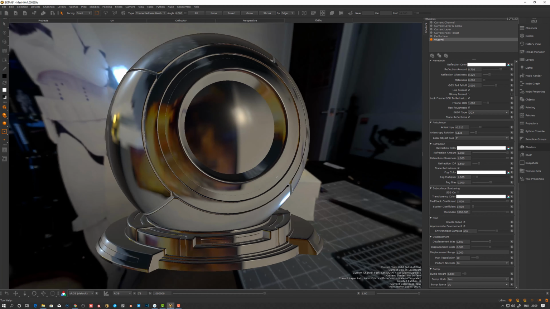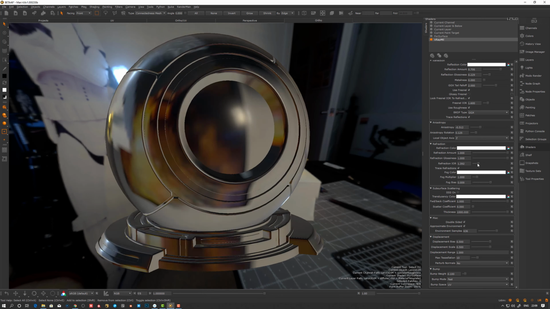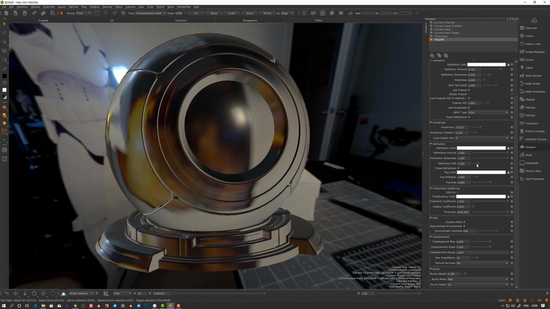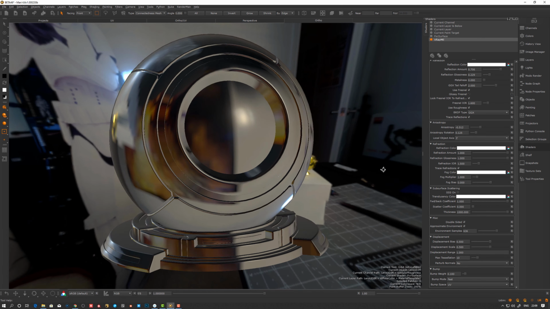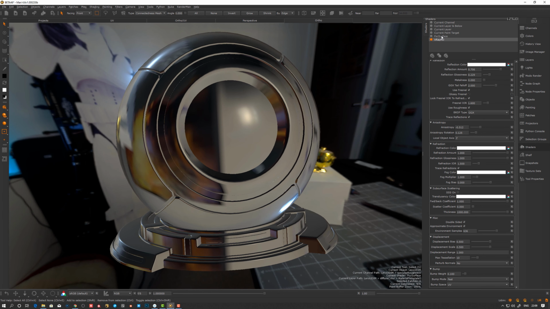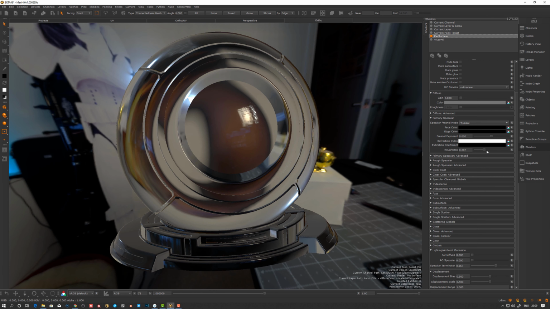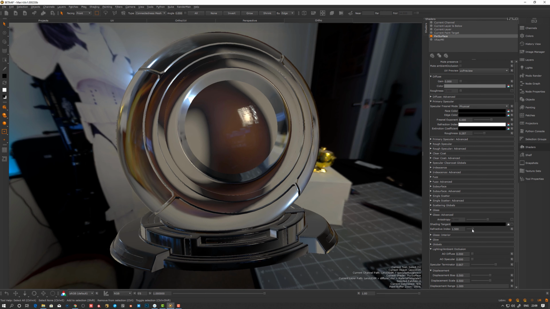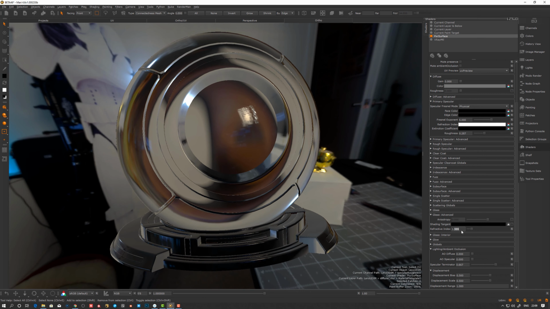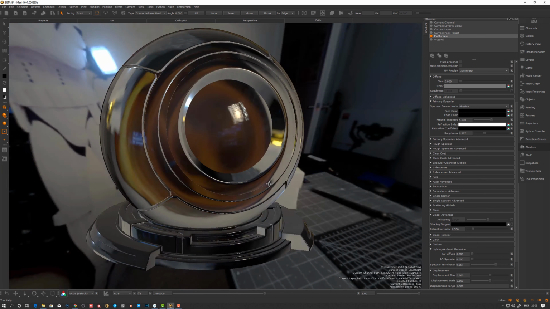It looks a little, let's see, maybe it's an IOR setting. Refraction, let's see, I guess 1.5. Let's see, Pixar Surface, I think it should be 1.5 as well. I'm not sure. Let's see, glass. Yeah, refractive index 1.5. I would say I believe that this one is a better preview. Okay,